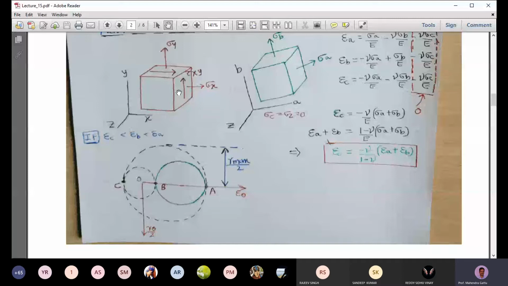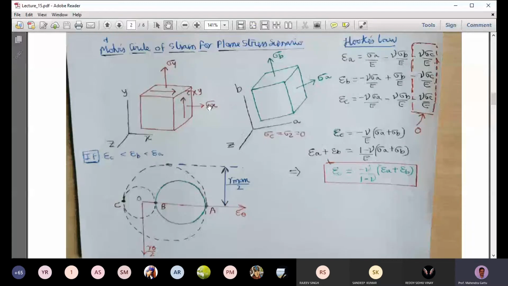So for this plane stress case, we'll have the corresponding principal stresses by rotating the stress element about the z axis. If you rotate it, we can get the principal stresses sigma A and sigma B, and then the shear stress will go to 0 on the principal planes. Out of plane we have sigma z, and that value is 0. So we can say that we are now in a state of 3D stress, in a state of principal axes. Okay, so A, B, and Z are now the principal axes.